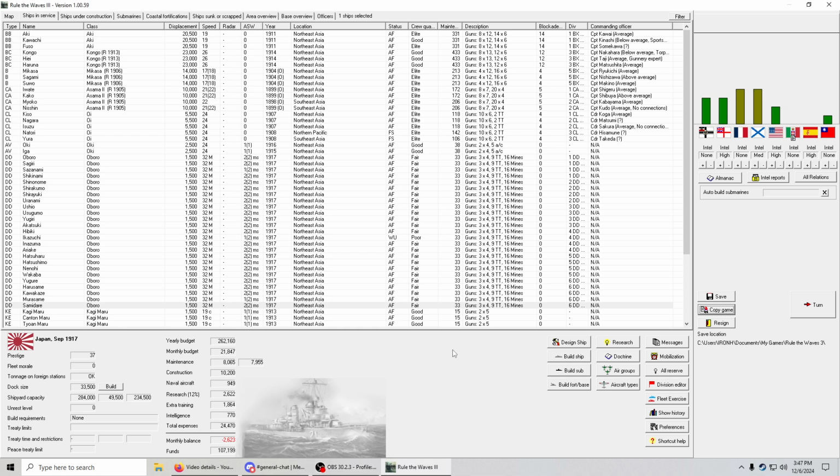Hello, and welcome back to our Japanese 1890 campaign, Rise of the Dragon. We're currently in September of 1917. We're making some tough choices about the future of the fleet. Do we want to try to upgrade old